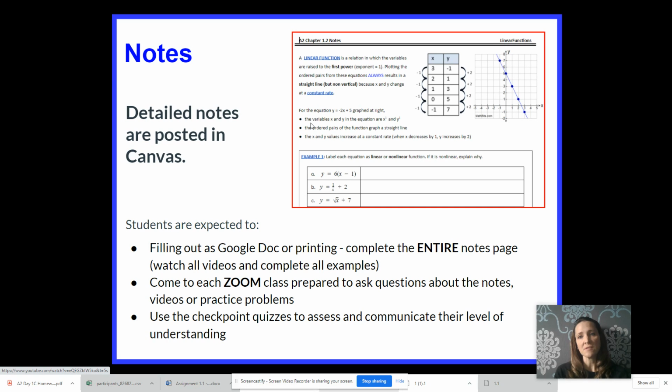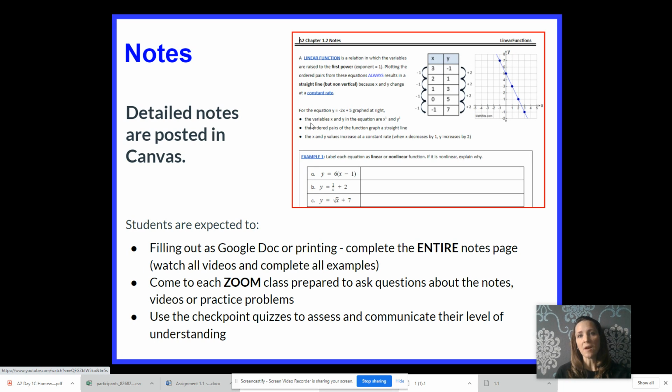What I have asked students to do is read through the detailed notes in Canvas first. This allows students to preview, work on the notes a little bit on their own, engage in that struggle a little bit, and then come to the Zoom class prepared to ask good questions. I will be reviewing all of the notes with the students in the Zoom class, but I'd like to make the most of our time, which means if students already know something and they don't need me to cover it, I'd rather be spending time talking about the things that they do need help on.